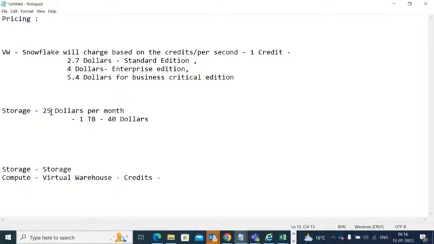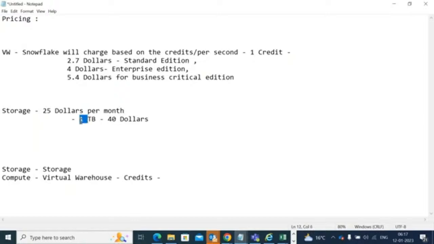Already you have taken the subscription, but you are not using it. In such a case, you need to pay $25 per month even if you are not using anything. Or, if you have taken the subscription and started to use your Snowflake,